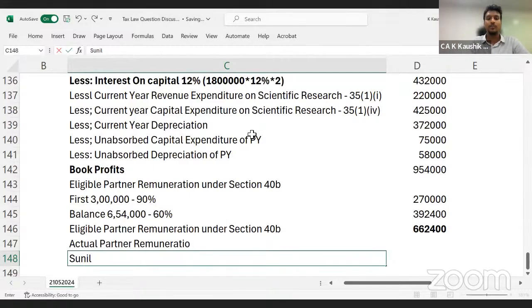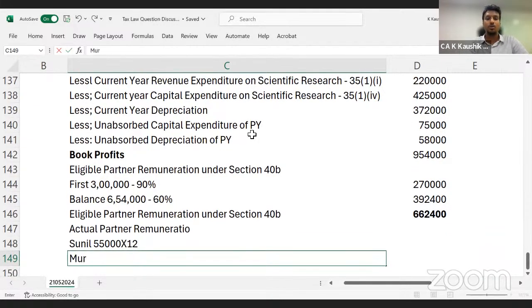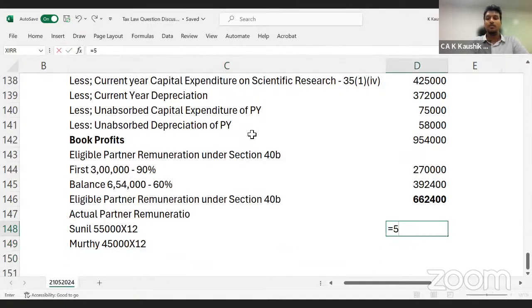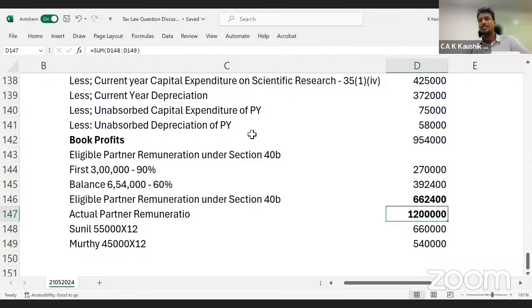For Sunil, it was 55,000 per month into 12, and for Murthy, it is 45,000 into 12. That will become 5,40,000. So the total actual remuneration that they've taken, if you add these two, is 12 lakhs. What is it that they're eligible for? They're eligible for only